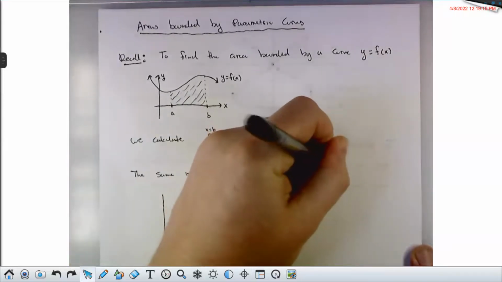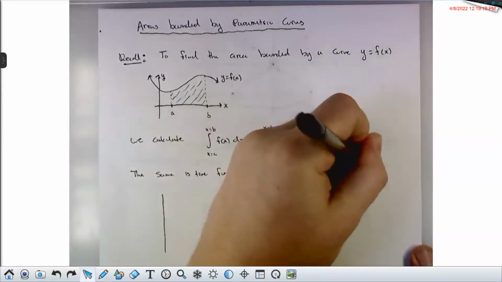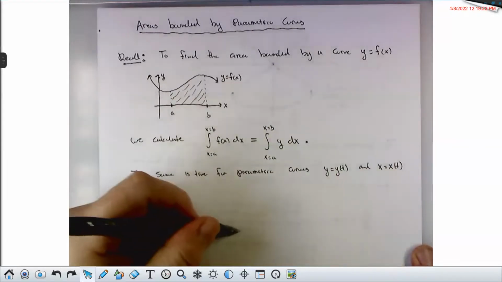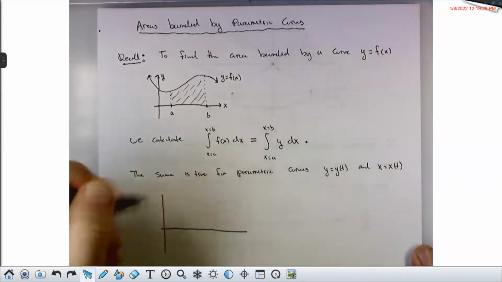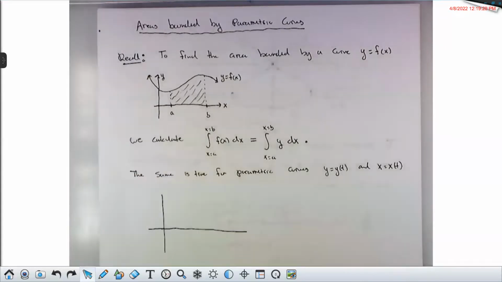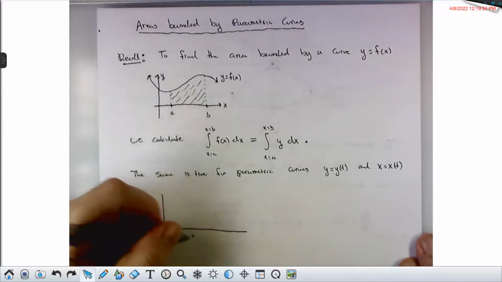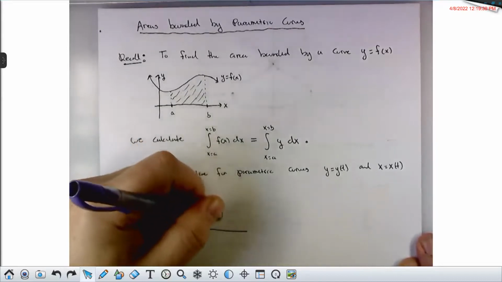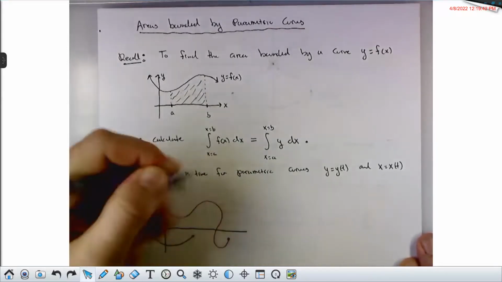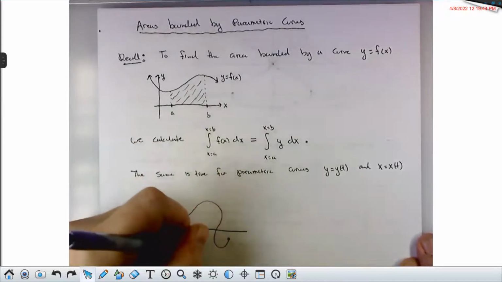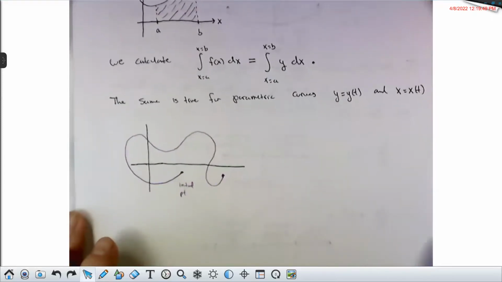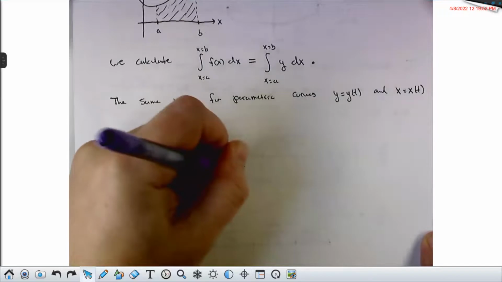So I'll say y is y of t, and x is x of t. And I'll give myself a little parametric curve here. The idea now is that this could be quite a wild apparatus. Maybe my initial point is down here. My terminal point